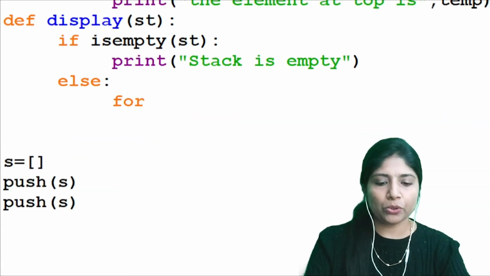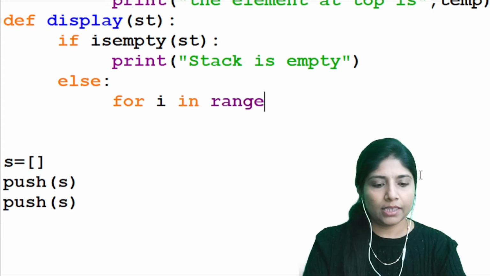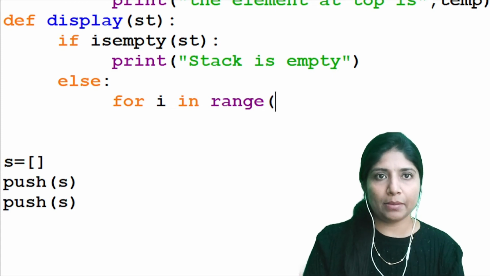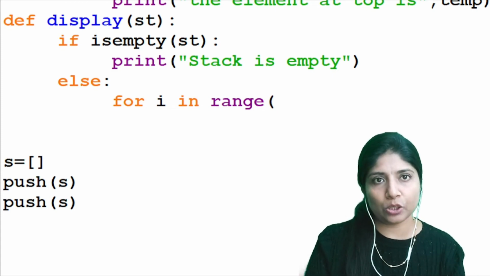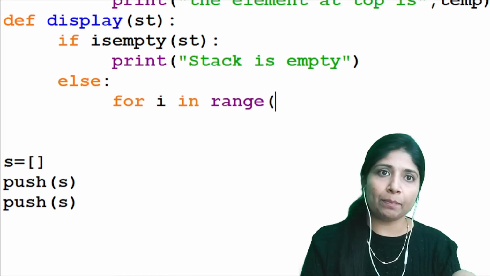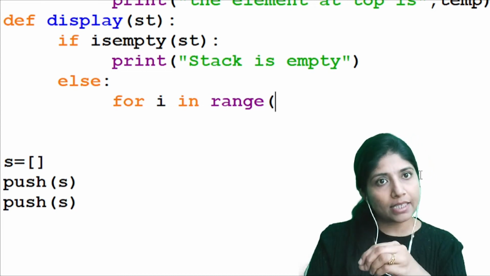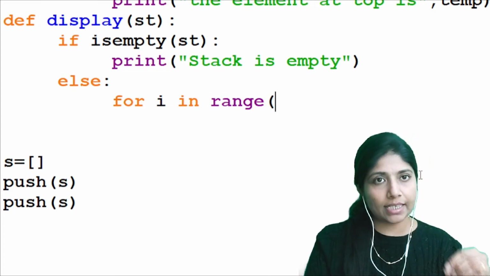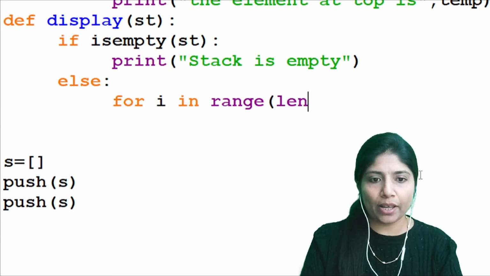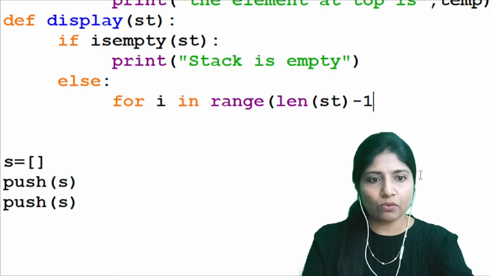I'm going to use a for loop to print the elements in the list in reverse manner. Why in reverse manner? Because I want to print the elements in a stack format. Here in stack format, the last item is printed first, then the second last item, and so on. To get the last item's index value, I am using the function len of st, and -1 will give